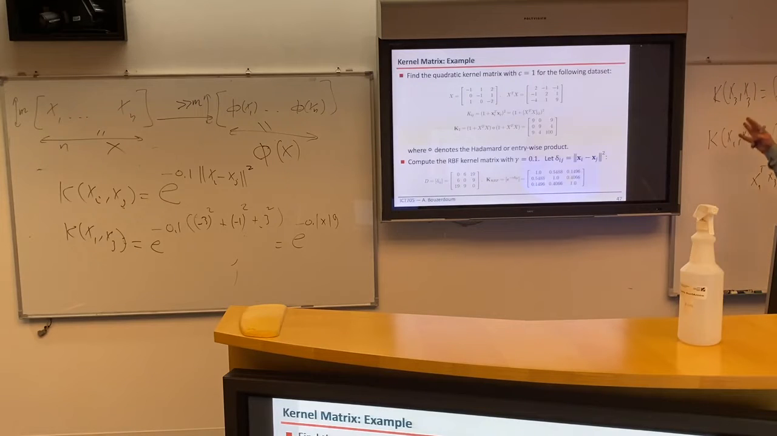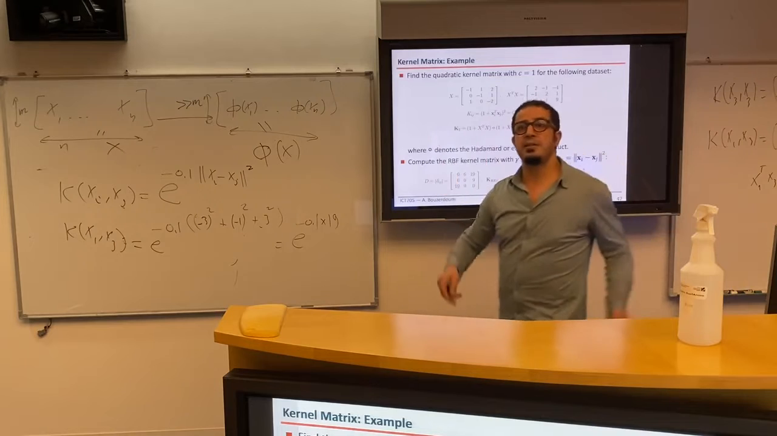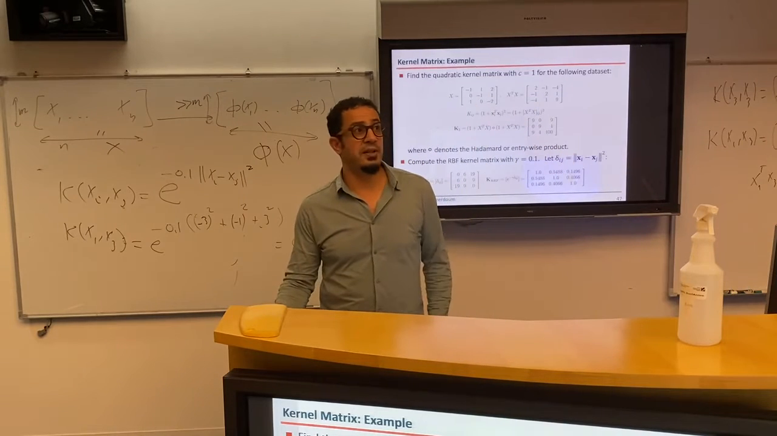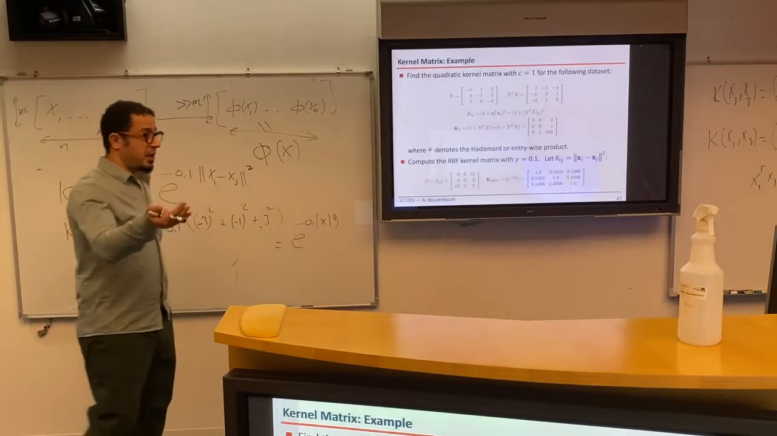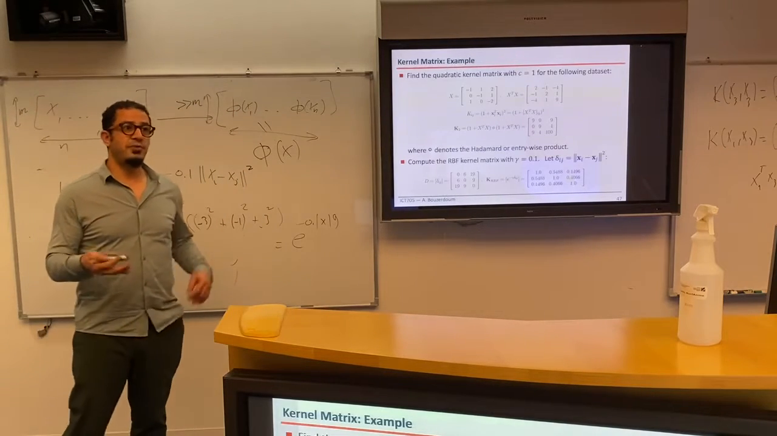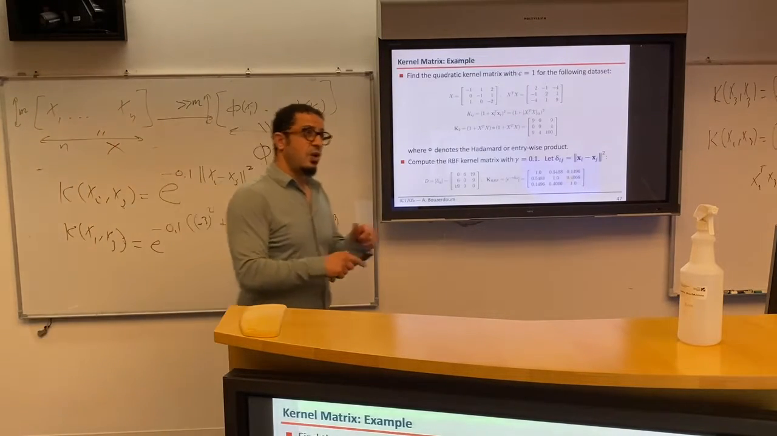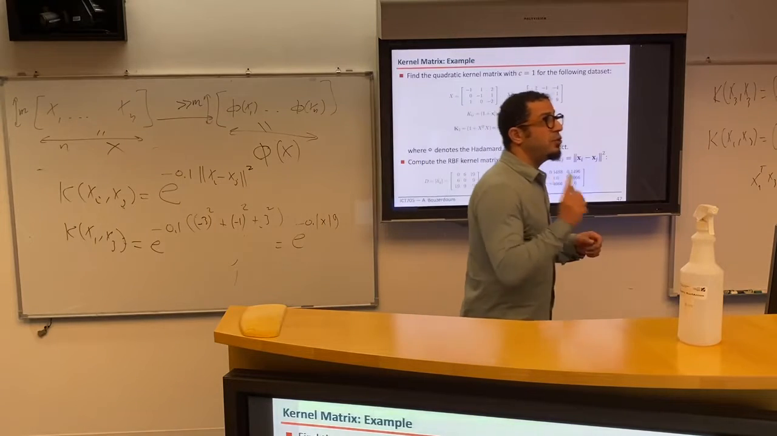Here we did it for polynomial and for Gaussian; you can do any type of kernel. That is how to find the kernel matrix. Why the kernel matrix is important, I will show you later: in order to find the eigenvalues and eigenvectors, we use the kernel matrix. We don't use the